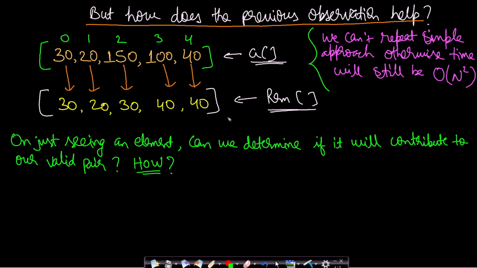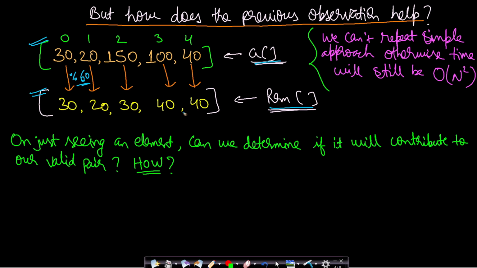But how does this observation help us improve our time complexity? So let's say this is our original array of song timings for each of the songs, and this is our remainder calculated. You can do it in place using the same array if the array is mutable, which is true for this case. Now we have the remainder array, which is the remainder timing. It is calculated mod the z value, which in our question is 60. So all the values are taken mod 60. Now these are the remainders.